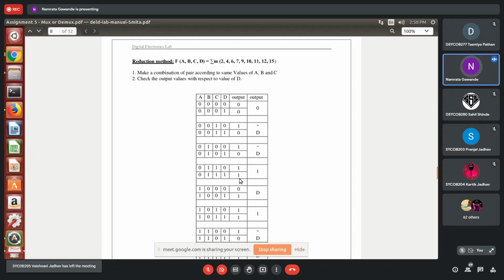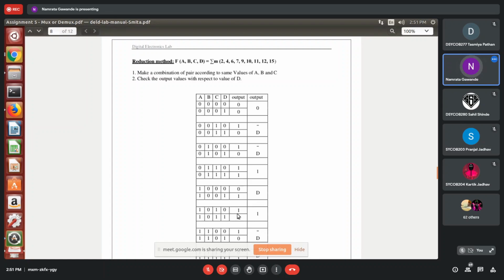Wherever 1, 1 is there, 1, 1 means you can simply write 1. So instead of these 2 rows, I am reducing it to a single row where I'll be taking only 3 inputs. Then you can see in this again, just go through this particular point, you can see 0, 1 and 0, 1. The same is there. Whatever the D values are, the same output we are getting, that is 0, 1. What is the meaning of this? As it is, we can write D.